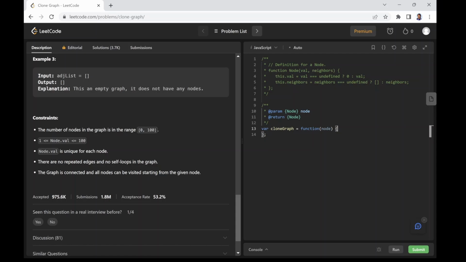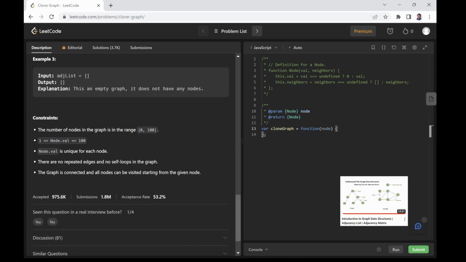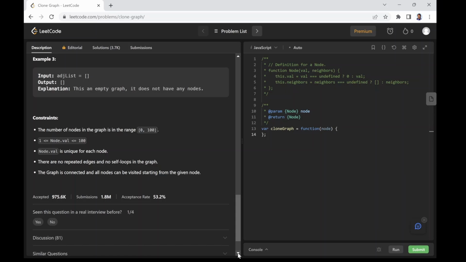And each adjacent node is also an instance of a class containing the node's value and a list of all its adjacent nodes, making the creation of an adjacency list redundant. If you want to learn more about adjacency lists and how they are created, please check out my video on graph data structure. The question requires us to create the graph, and we can achieve this by simply traversing the